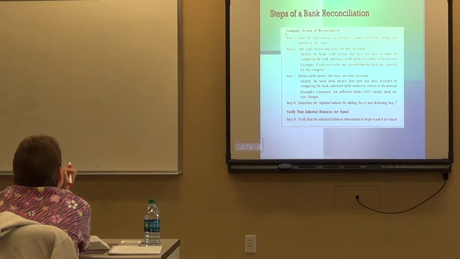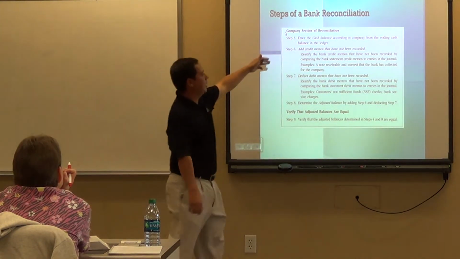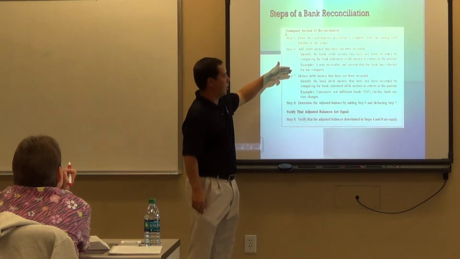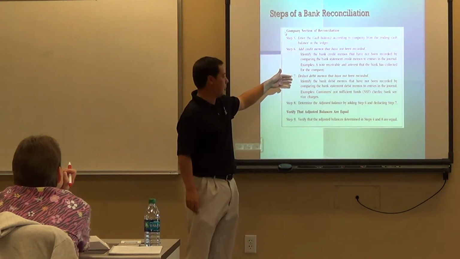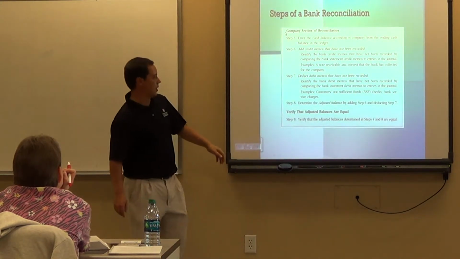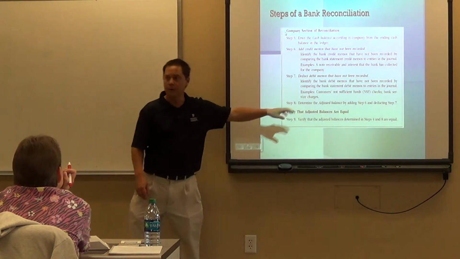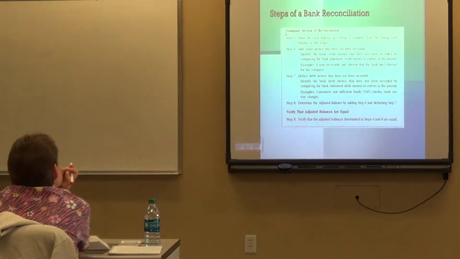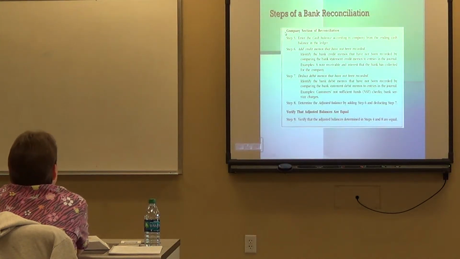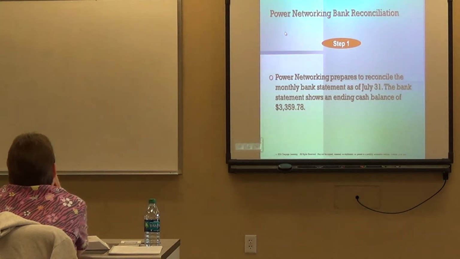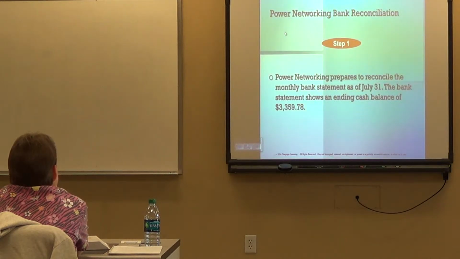Where we go into, we enter the cash balance according to the company, add credit memos that have not been recorded, deduct debit memos that have not been recorded, and then determine the adjusted balance there and verify that they are equal, that your 4 and 8 are equal there. So that's what we're looking at. Pretty simple, too bad. All right, so we're going to walk through the whole transaction and how this one works,